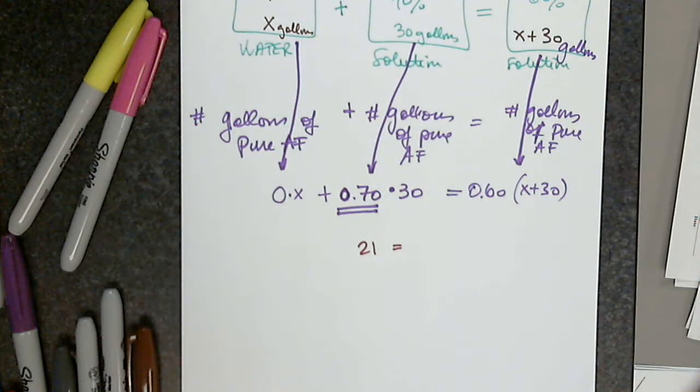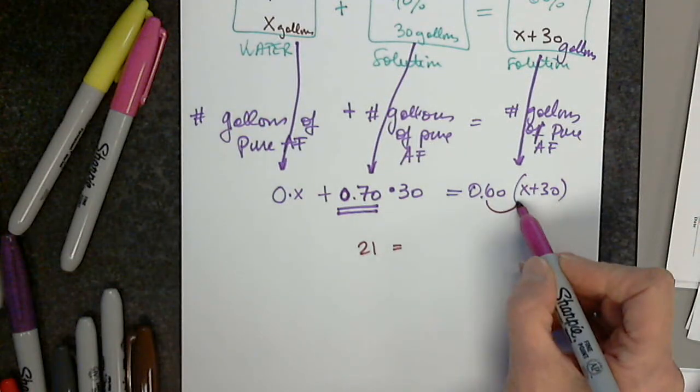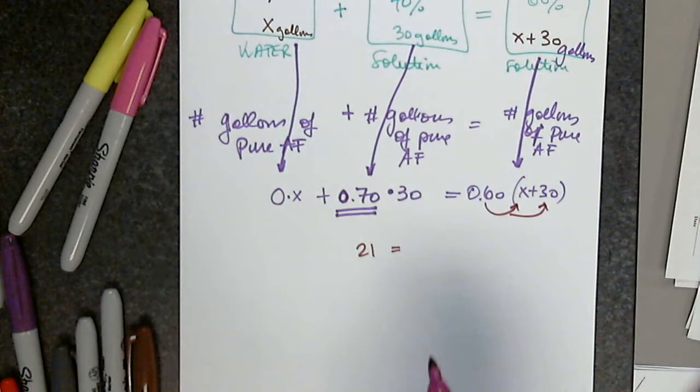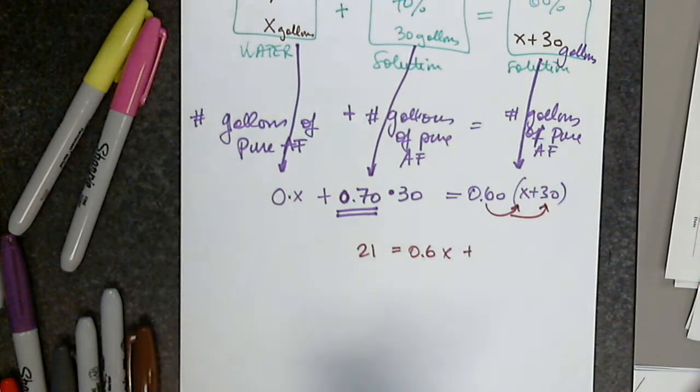It's called, the concept is called what? What am I trying to do now? The distributive property, or distributive law. Okay. So 0.6 x plus